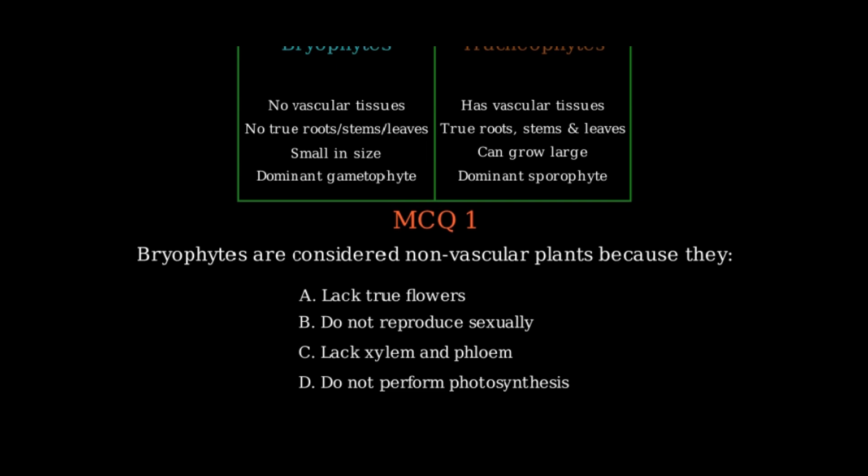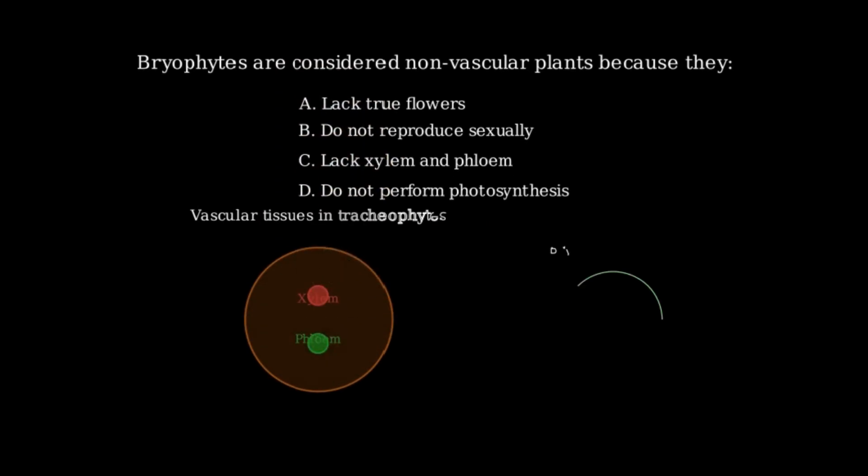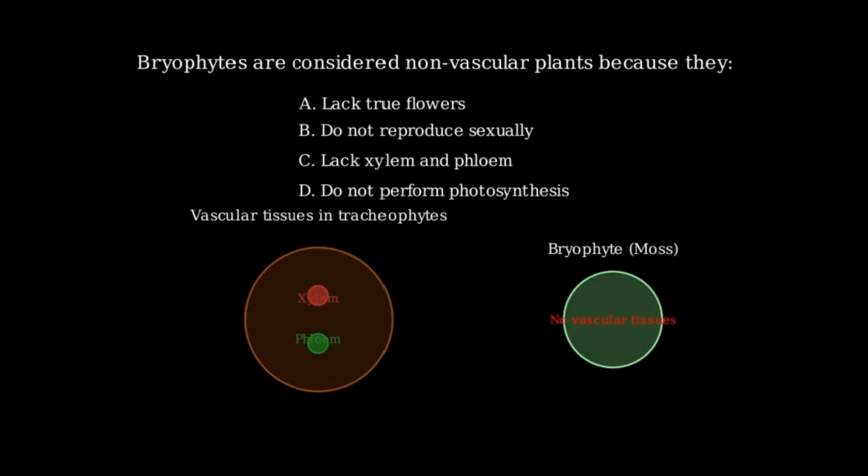Let's analyze each option carefully. Option A suggests Bryophytes lack true flowers. While this is true, it's not the reason they're classified as non-vascular plants. Many vascular plants, like ferns, also lack flowers, so this isn't the defining characteristic. Option B states Bryophytes don't reproduce sexually. This is incorrect. Bryophytes do reproduce sexually with sperm cells that swim to the egg cells, which is why they